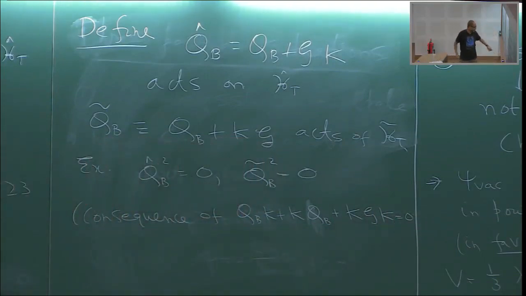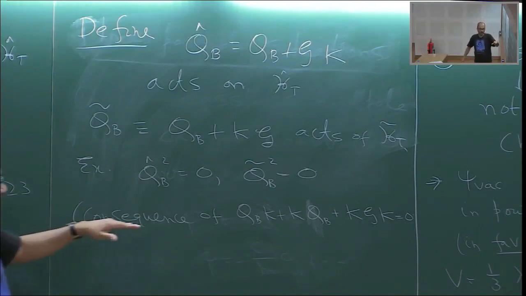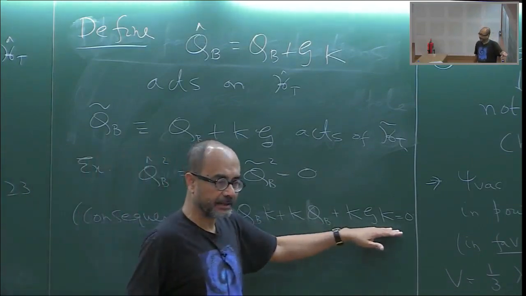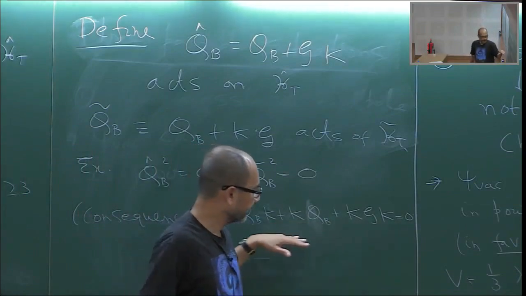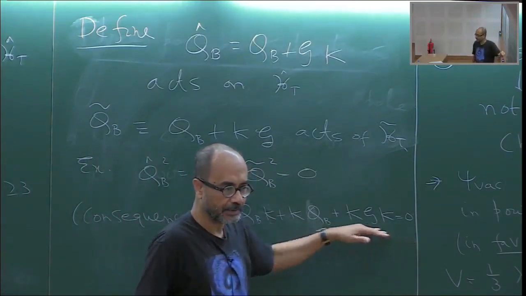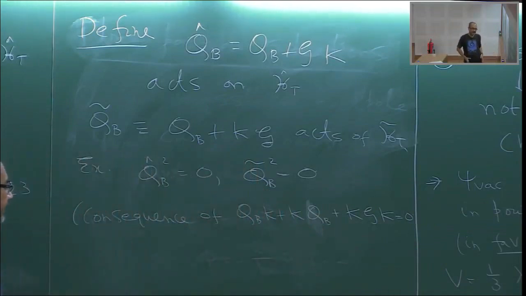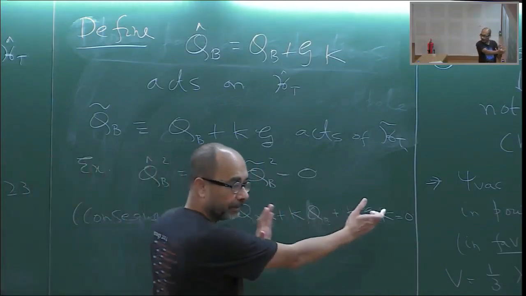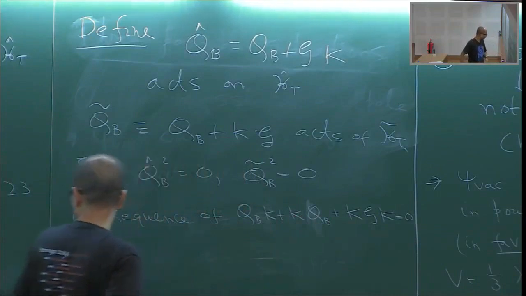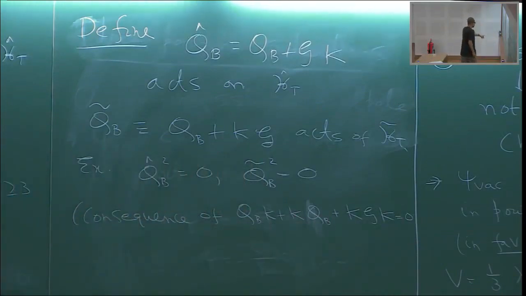Okay, so the definition of K I have given here. K acting on any state A. What you have to prove is that this quantity acting on any state A is identically 0. That's what goes into proving this. So you take any state A, apply this combination, use this definition of K, which is here,